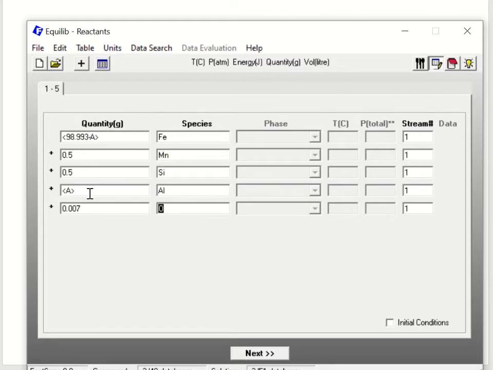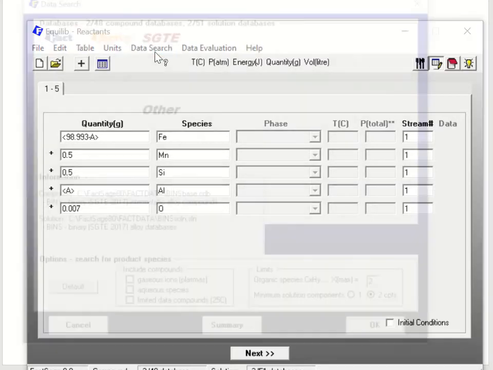Okay. So if you are not adding any aluminum, it will produce only MnO-SiO2 type of inclusion. But when you add a small amount of aluminum, it's basically the modification of the inclusion by the small impurity of aluminum in the liquid steel, and that will change the MnO-SiO2 inclusion to the MnO-SiO2-Al2O3 inclusion in the end. So I'll change this A from 0 to a certain value to see the change of that inclusion chemistry. And the unit is temperature in Celsius, the quantity in grams, and then the database here,